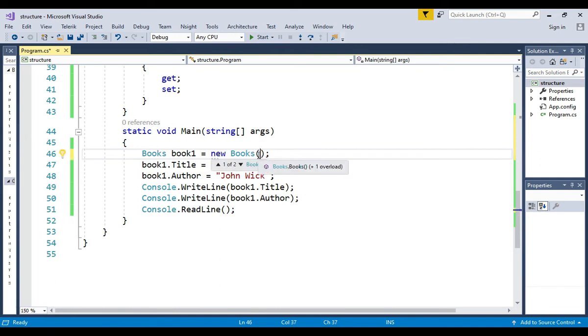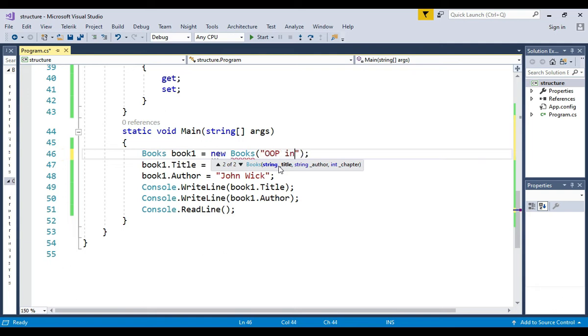The first one is a constructor with blank arguments, and the second one is a constructor with 3 arguments: title, author, and chapter. So from the time that we instantiate a new instance of books, we can immediately assign values to those members. So for this example, we will write here